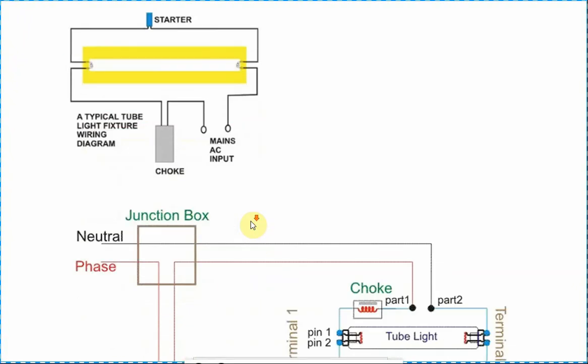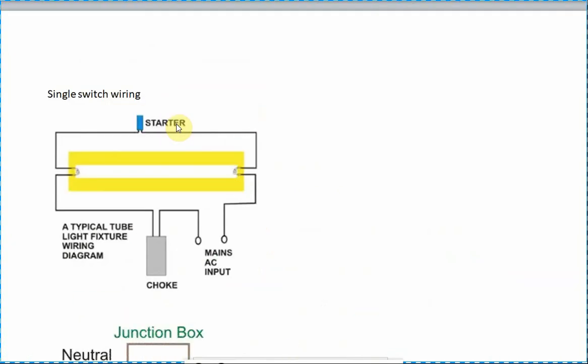Okay, see, this is a tube light. So here you go to the choke side. This is the inside connection of the tube light. A ready-made tube light you get from the shop for 250 rupees and connect directly to the wires. Here you go to the choke side, connect it to one switch, and after that you can connect it to the phase line. I already said, the lamp directly you can connect to the neutral line.